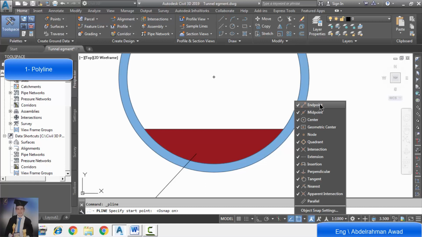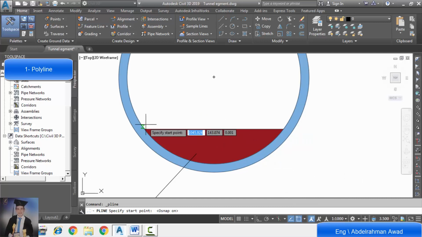So we will need center, node, quadrant, tangent, and nearest. These are the main components that we'll need in object snap.